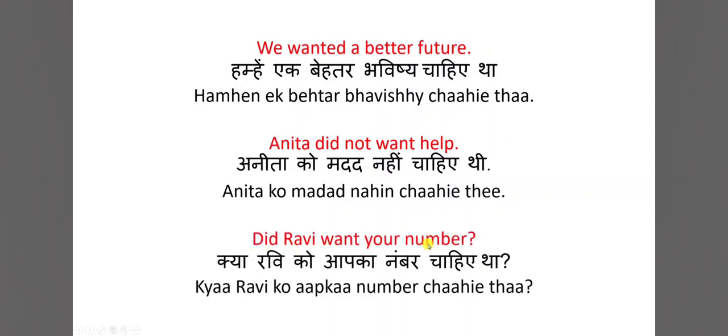Did Ravi want your number? क्या रवि को आपका नंबर चाहिए था? रवि को is Ravi, आपका is your, number is number, चाहिए is want, था is used because number is masculine in Hindi and it is singular. Okay,